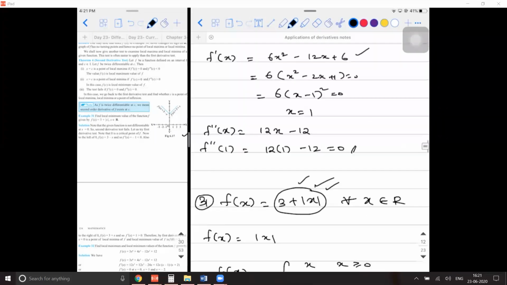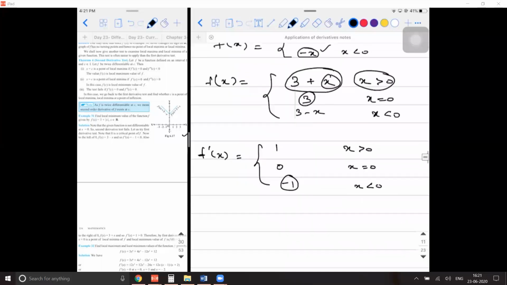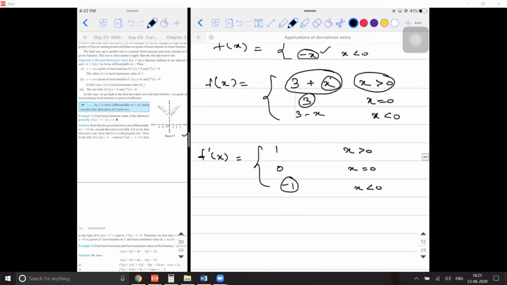In the previous problem, what did we have? When you did f dash of x, you had variables x present in it, so that when you equated it to 0, you could get the value of x. Whereas here I'm not able to get it. But what is the thing you can conclude? So here you cannot do the second derivative test. Rather, can I do the first derivative test? So f dash of x is 0 at x is equal to 0. I hope you're able to understand.